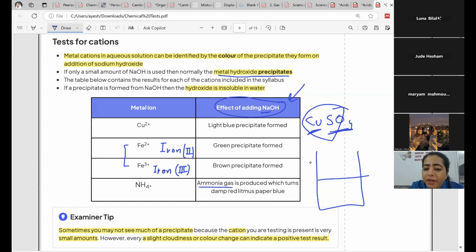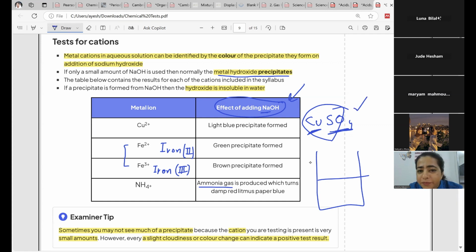See, what I said, let's say you have an unknown solution, you don't know the name of the solution. I'm giving you a beaker, having some solution, you don't know what is inside. I just told you that it is going to be an ionic solution. Means there is some positive thing and there is some negative thing in the solution. Do the test, identify. So you will do the test for the positive ion first of all to see which positive ion is there. Then you will do the test for the negative ion to identify the negative ion,